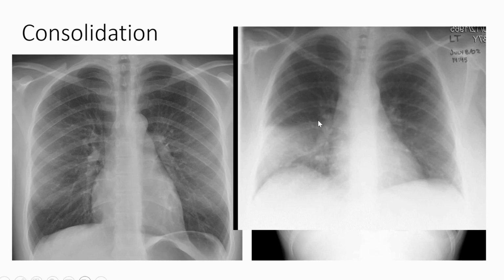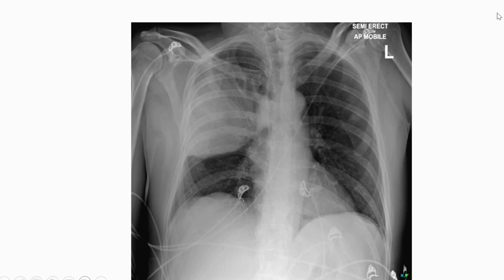So what is consolidation? Consolidation is the opacification of air cells in the lung by any cause, like infection, inflammatory cells, malignant cells, fluid or hemorrhage. So this could be lobar consolidation or diffuse, depending on the pathology. Now in this image we see a radio opacity in the right upper and middle zone with the horizontal fissure bulging downwards. This is the hallmark of Klebsiella pneumoniae. And we can also see the air bronchogram in the consolidation.